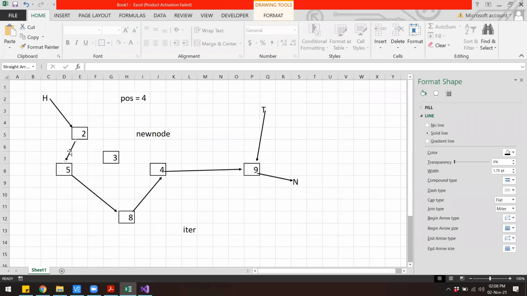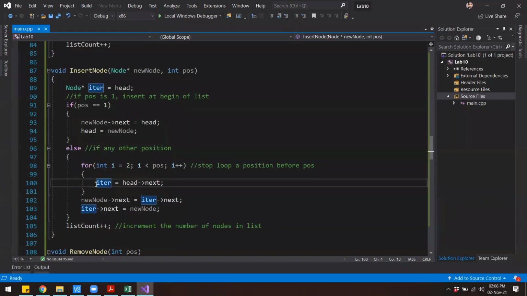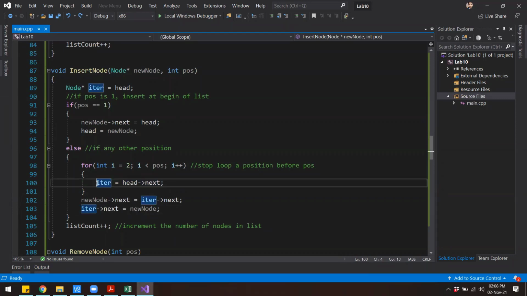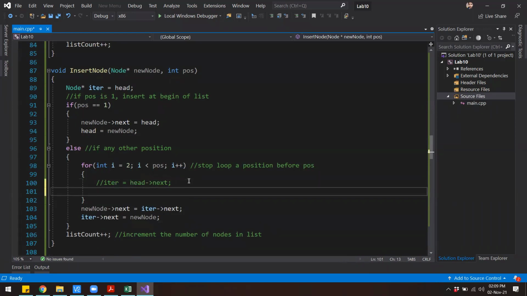That is why the value was not coming at the right place. So instead of this, we will have a different code. Right now we have this particular line, which seems a bit incorrect. So I'll comment out this code and I'll write something else.